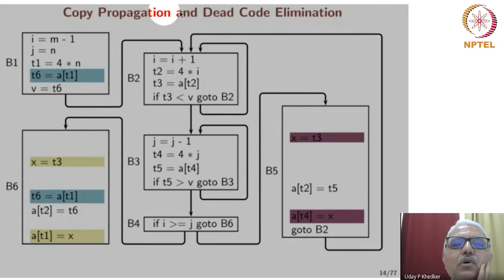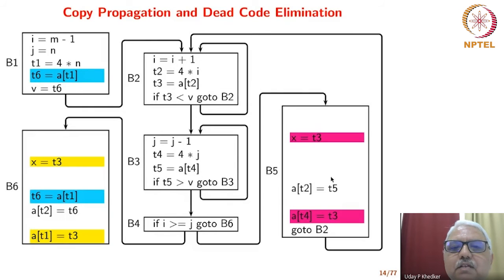Okay, so this slide is about dead code elimination. Strength reduction will come a little later. Let's focus on dead code elimination. So we have X is equal to T3 and we have A[T4] is equal to X. X is equal to T3, which means that X is a copy of T3. And neither T3 nor X are being modified here. So we can replace this X by T3. So we can perform what is called copy propagation. We replace this X by T3 here.